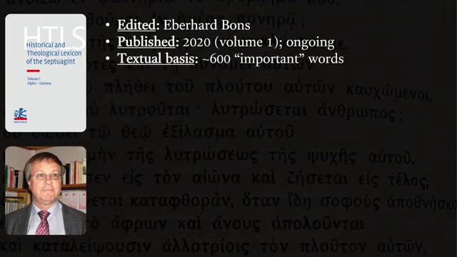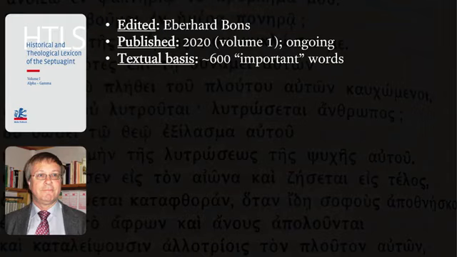Here's the interesting thing about it. It's not your grandma's lexicon. It is not going to provide essentially every word that you might find, for instance, in Rahlfs-Hanhart. It's focusing on roughly 600 words that they consider important. Perhaps important theologically, important because of how they shape the New Testament, important because they shed light on Jewish theology of the period, whatever the case might be.